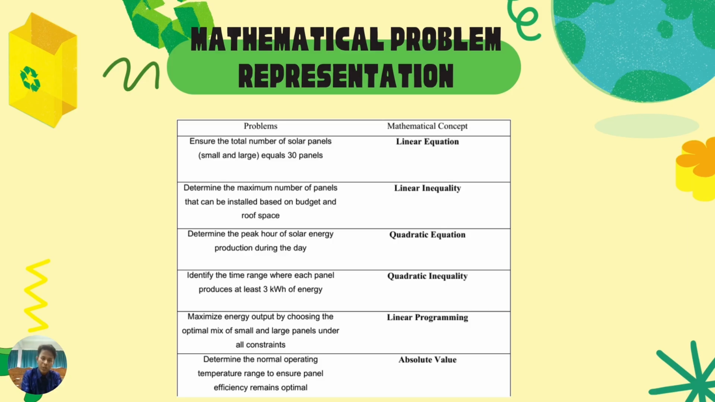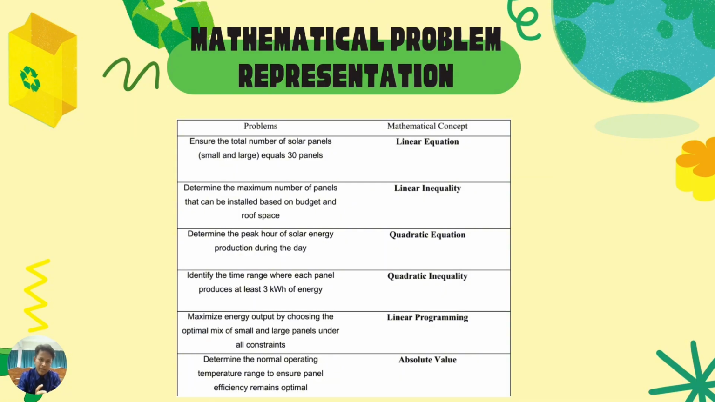For quadratic equation, we used to determine the peak hour of solar energy production during the day. For quadratic inequality, we used to identify the time range when each panel could produce at least 3 kilowatt energy a day. Okay, for linear programming,